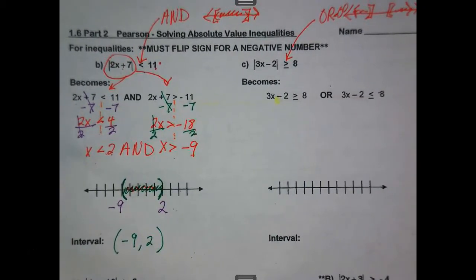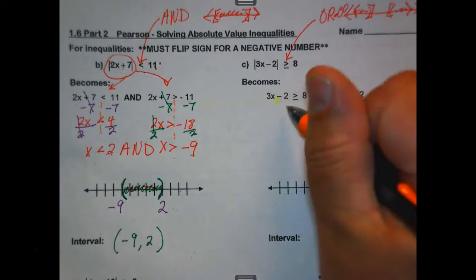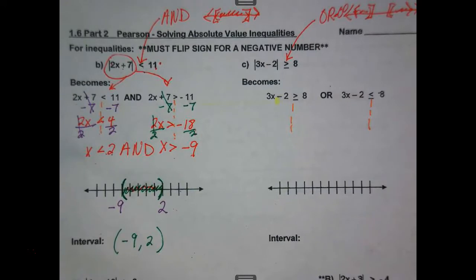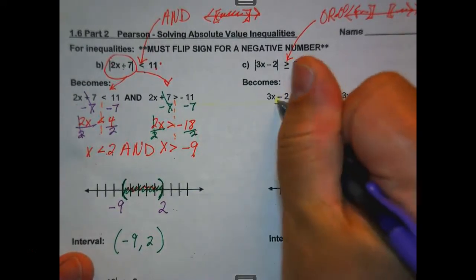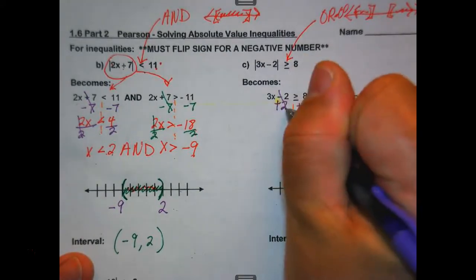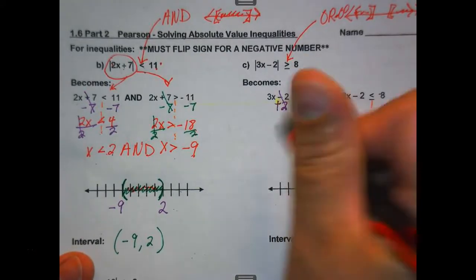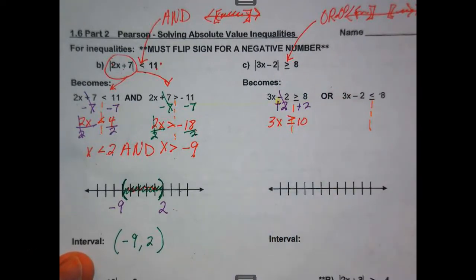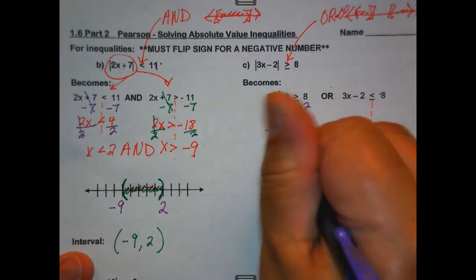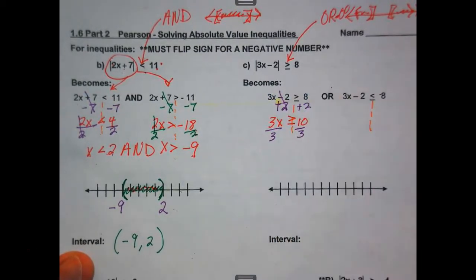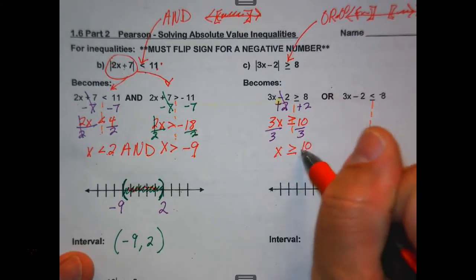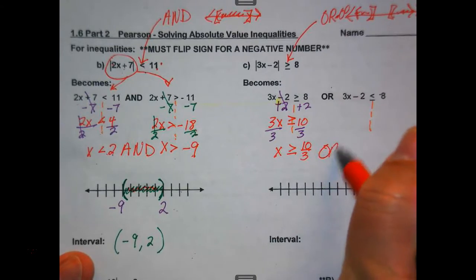Or problems. I'm expecting 90% of the time for them to go opposite ways. So I'm going to add 2. I get 3x greater than or equal to 10, and then divide by 3. I get x is greater than or equal to 10 thirds, or